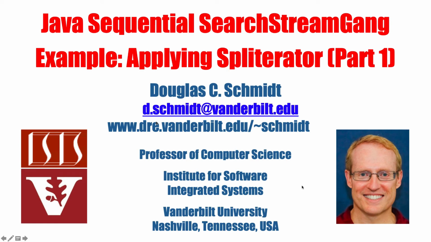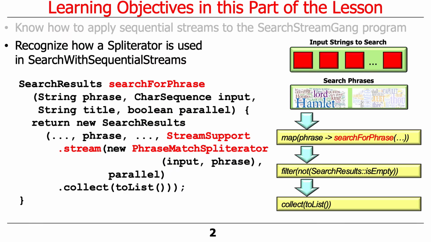We're now going to turn our attention to the splitterator. We've looked at some simple splitterators before, but now we're going to look at a much more interesting and powerful splitterator. This will serve as the basis for our parallel streams discussion that we'll do probably starting either later today or early next week. I'm going to focus on the implementation of the search for phrase method, which, as you'll see, will end up